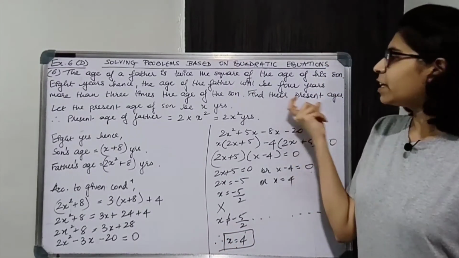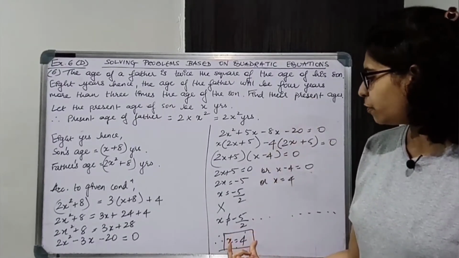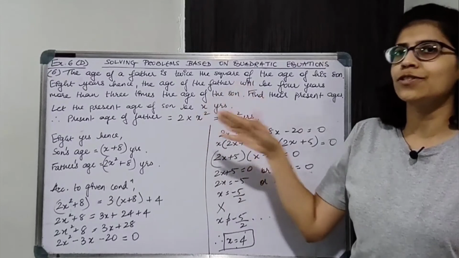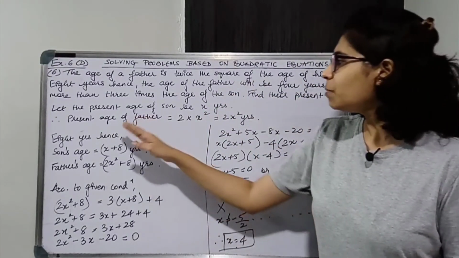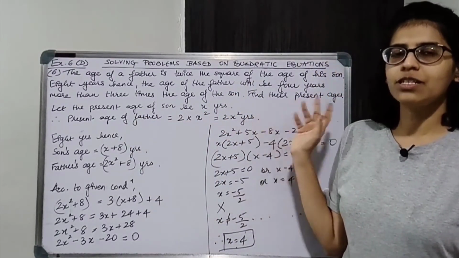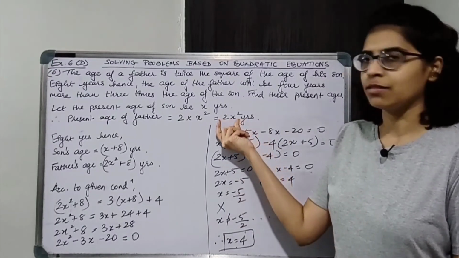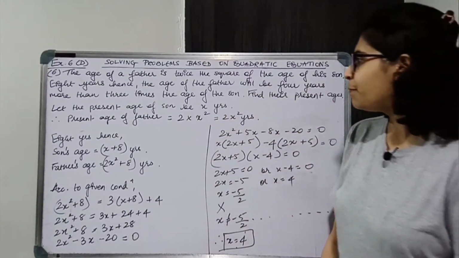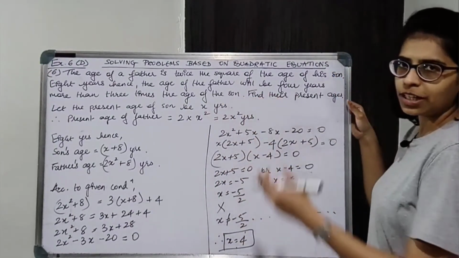Now we need to find their present ages. So we found x. Present age of son is x years. So he is 4 years old. What will be the present age of father? Present age of father will be 2x square. That is 2 into 4 square. Okay, that will give you 32. So I am writing down over here only. You need to write down